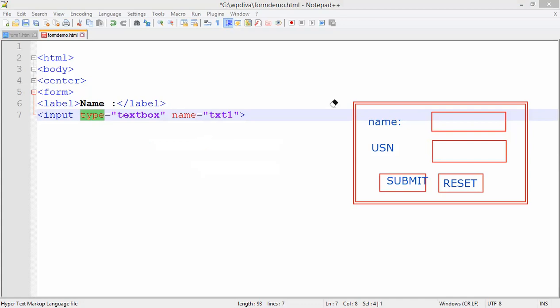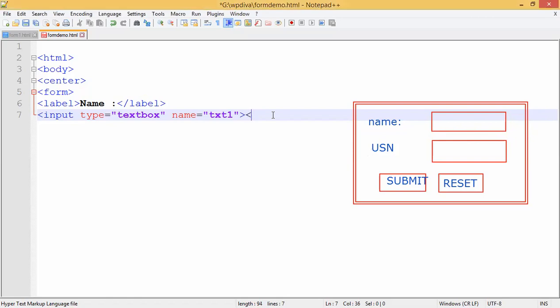All right. Now, when I say name is equal to text1, okay, what is over here? When I take these parameters, what work is over? Label is over and the text box is over. Now I want the next text box, that is USN is the label, and I want this text box. So this should appear on the next line, right? That is why I have to include a new line character over here, so that this is going to appear on the next line. So I will include one break tag.